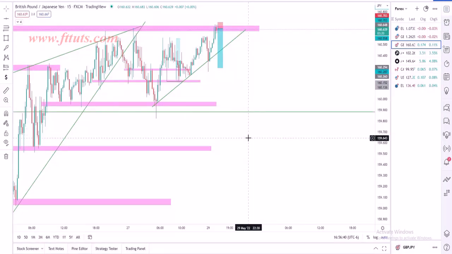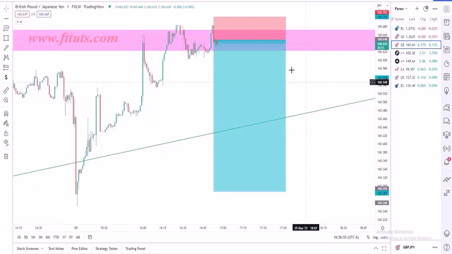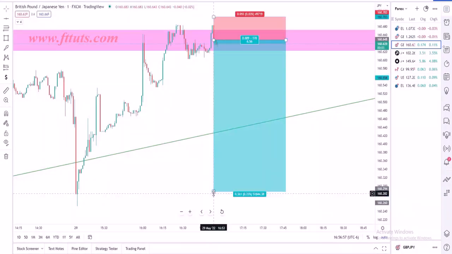I had no idea that there was going to be a trade on pound yen, but I just thought, hey, what the hell? Let's just go get some stuff in real time. I'm going to target this 15-minute low area right there. And then probably, let's see, 6, 5, 6. Let me